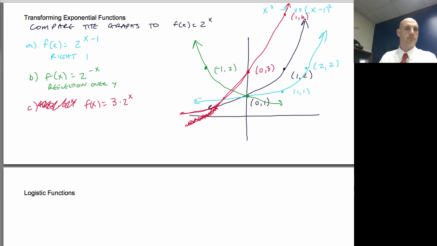D. Trying to pick a color here, orange. Let's do one more. F of x is equal to 2 to the 2x power. This one's a little bit tricky. Okay, so we didn't necessarily deal a lot with this in the past. We've done it, but we haven't dealt with it a ton. If I've got 2x here, that would be like saying 2x squared. So it's on the inside. So really this is f of 2x. Well, when it's inside like this, it's not a vertical stretch, it's a horizontal